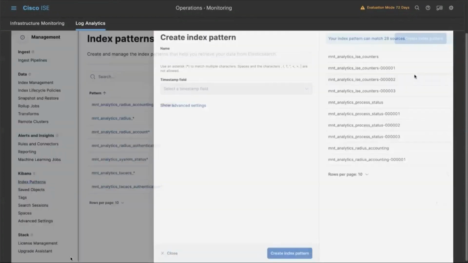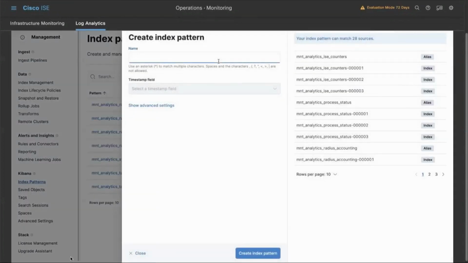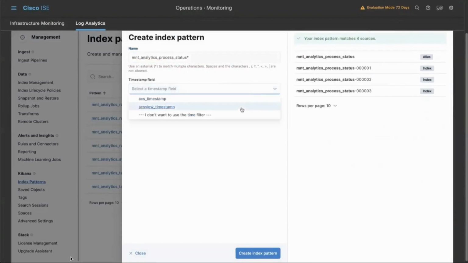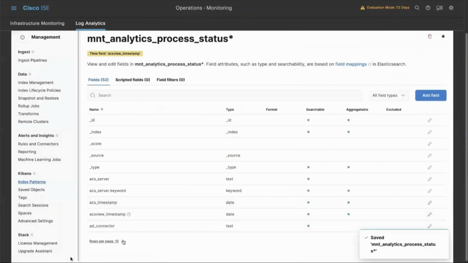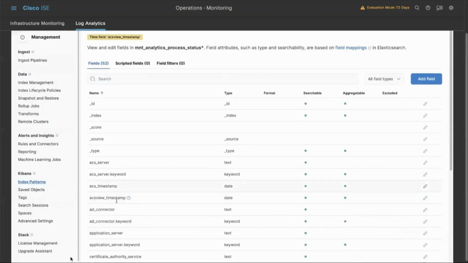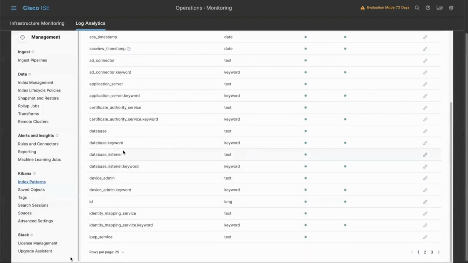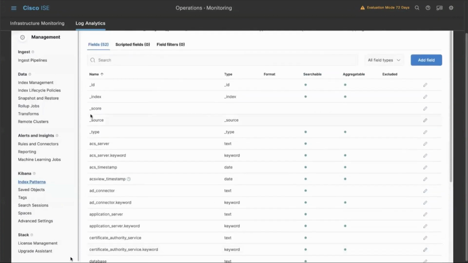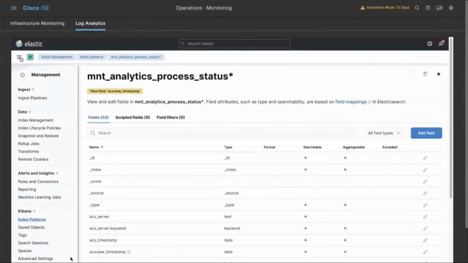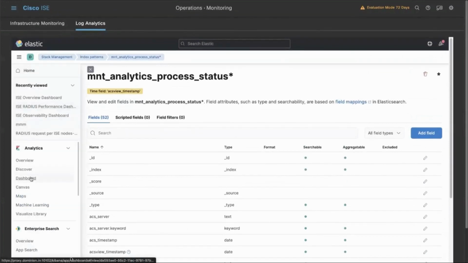You can create one more index pattern, something like MNT analytics ISE process count status, which gives the process information of the ISE. When I say process, you might be wondering, sometimes the customers were asking for, hey, how do I know when the process got failed on my specific ISE node? So you could even get to know from the Kibana, and you can create your own dashboard using this MNT analytics process status